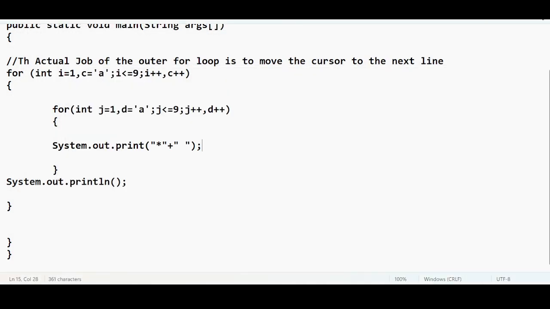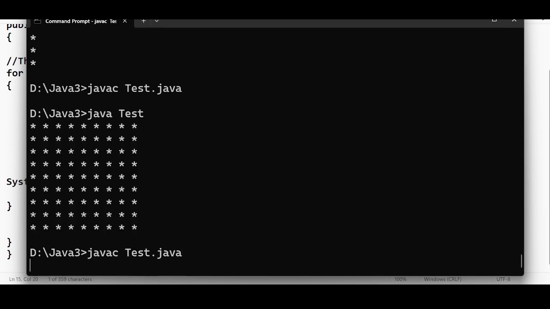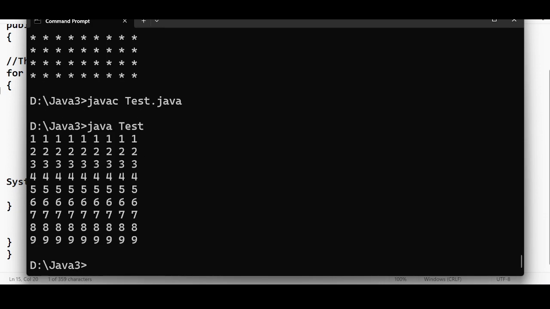I want to achieve a number pattern. In order to achieve a number pattern, instead of star, you observe one thing. If I use star, we get output in the form of a star pattern. But if I want to use numbers, I can use them in two ways, guys. If I use I here, the output is going to be different. Look at the order of the output for I: 1 1 1 2 2 2 3 3 3 4 4 4 5 5 5 6 6 6 7 7 7. But if I use J,